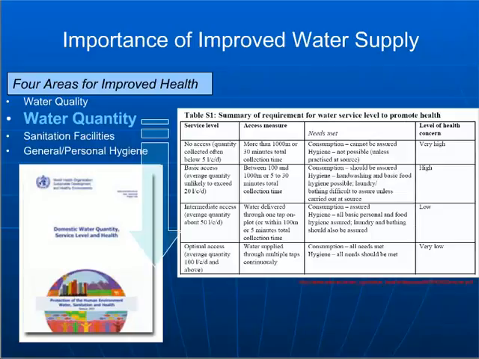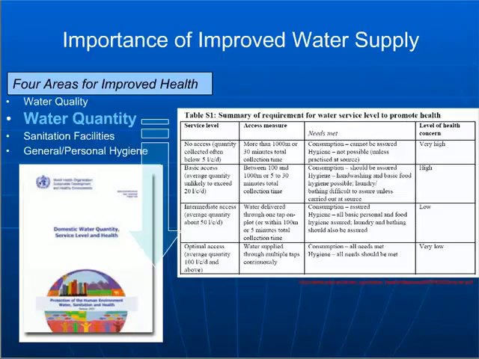Okay, so backing up a little bit into more of the big picture discussion about why improved water supply is important, I think it's very easy for engineers to take the perspective that there's a requirement, or every person has a certain amount of water that's required, and so we're just going to design a system to supply water. If you look at it from, say, the standpoint of a public health official or somebody that's responsible for ensuring public health, you really kind of get the impression that water supply or water quantity is really one of four major areas that